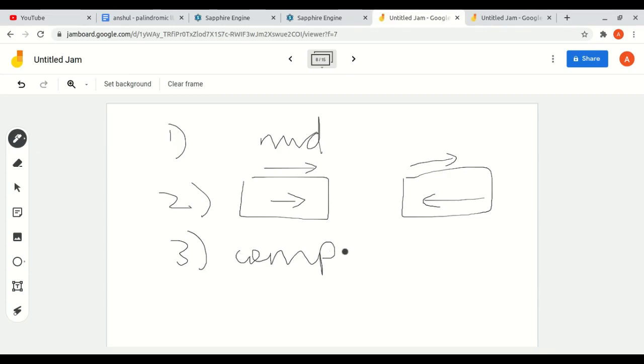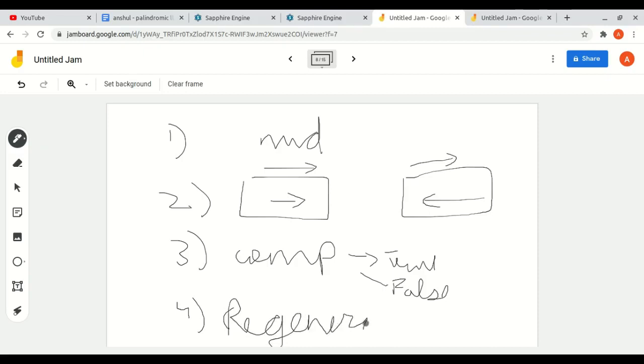If it is true, then return true, and if false, then return false. Fourth is regenerate our initial state of the linked list, because we don't have to interrupt with the things which we have given in the question.